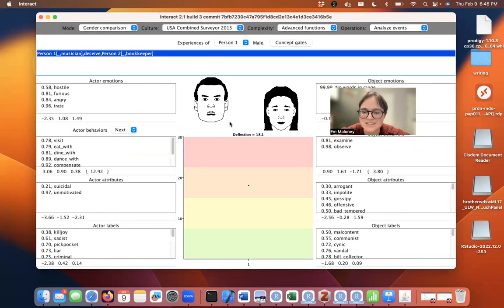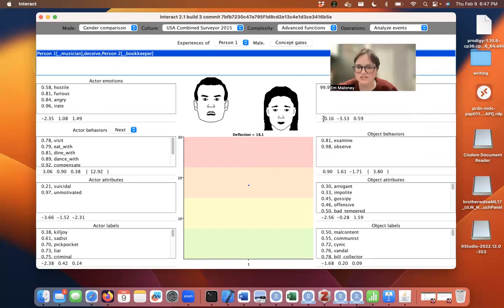It's also programmed to change the facial expressions. So the higher the deflection, the more upset they'll look. Yeah, and so you can also start, we're going to talk more about it next week about exactly what's going on with how it's predicting the emotions and the behaviors and the labels. But you can go ahead and start looking at them. It's kind of interesting. So after a musician deceives the bookkeeper, we think that the actor emotions are probably hostile or angry. Object emotions, there's not enough measured things, but